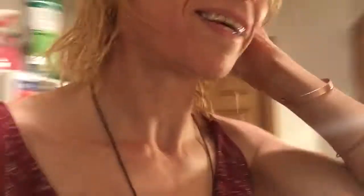I'm dyeing my eyebrows. That's what I have to do because this blonde hair doesn't really show up. Okay, so what I want to show you guys is